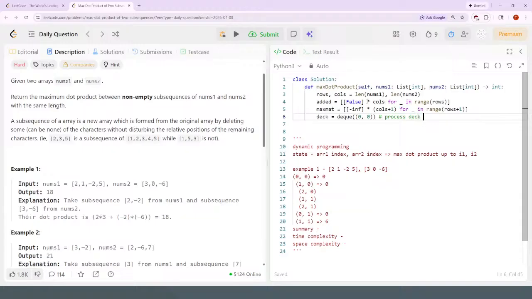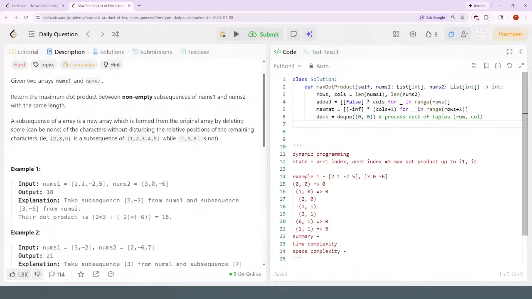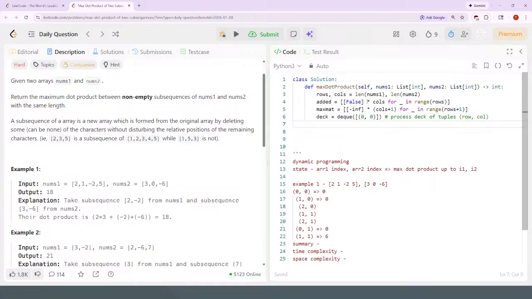Process deque of tuples. I don't think we can give a tuple into it then. Oh, to initialize a deque. And then something like